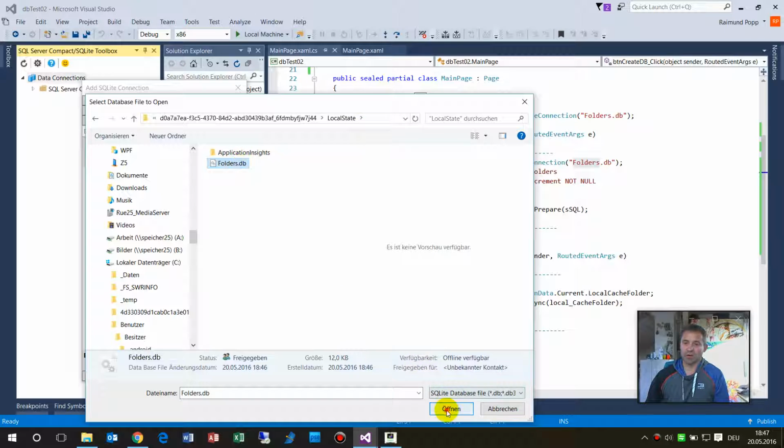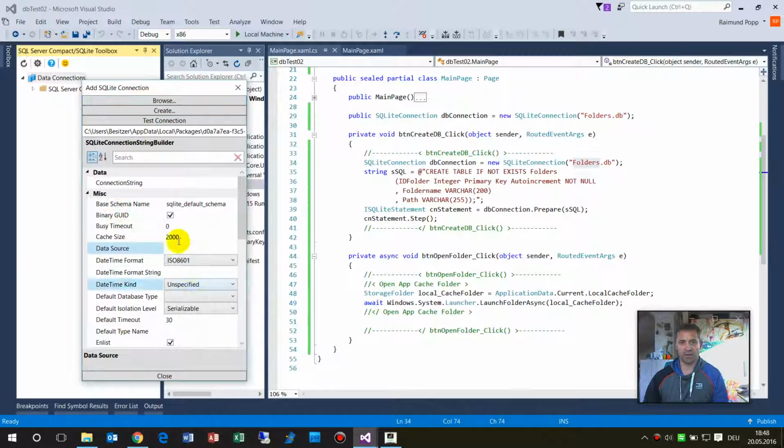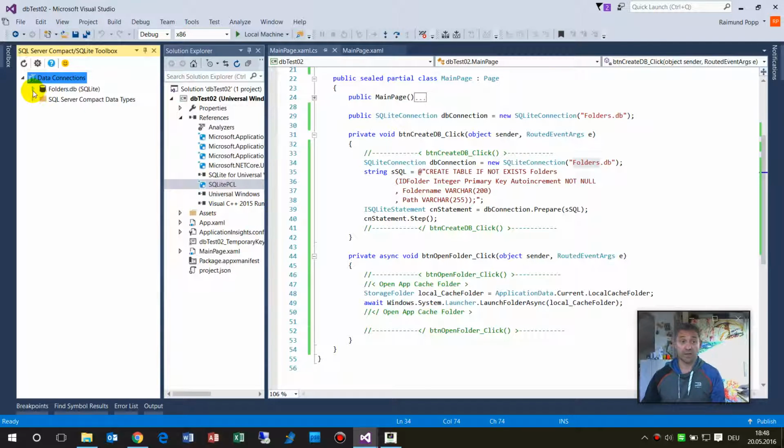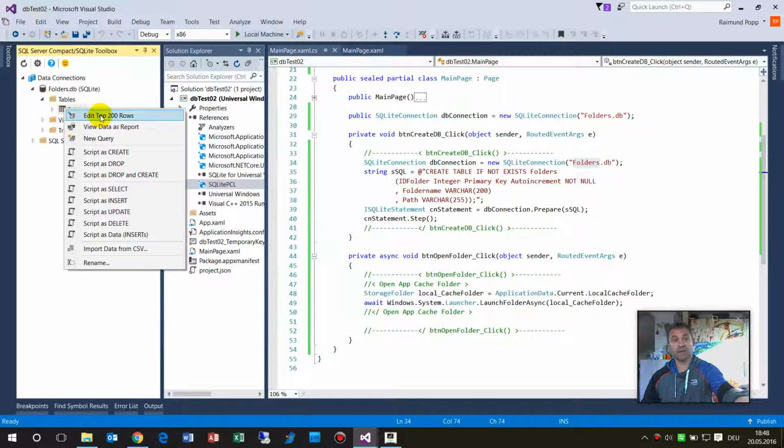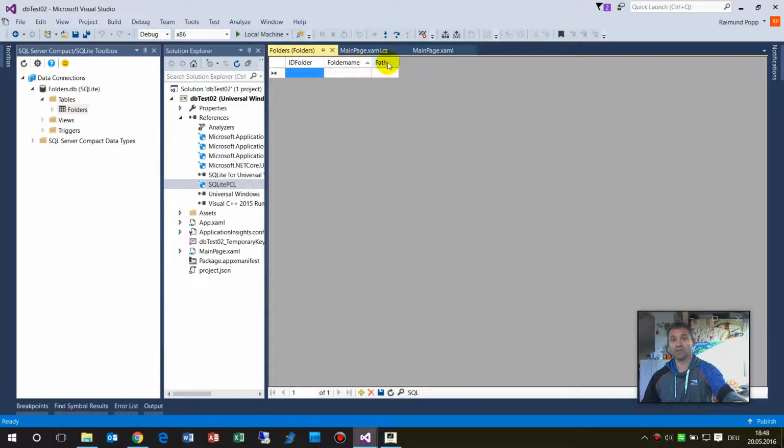And now when I open this one, you will see nothing happens there. I have to close it. This is just a string which says where the path is. And now when I open it, you see this little container. There are the tables, and there's also the table folder. And I may edit this one, and you see there's a column with the name folder name, and one with a path, and nothing is in there. Okay,